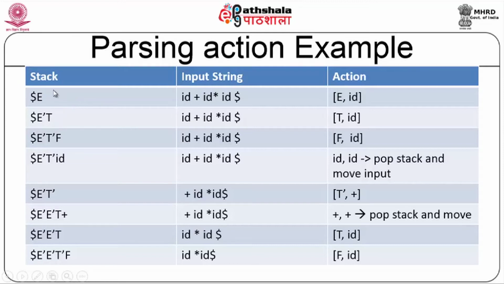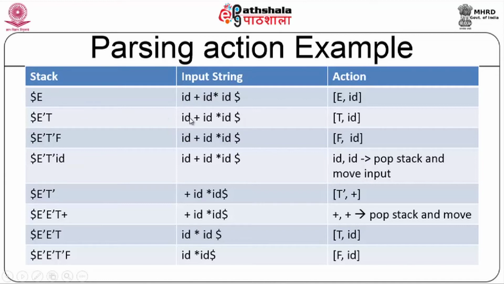Okay, this is the stack. The symbol on the right is going to be my top. So, for T E dash, I first push E dash, and then I push T. So, T E dash is pushed onto the stack. When I am pushing, the input pointer does not advance. The input pointer stays as it is. Only in the event of a pop does the input pointer advance to the next symbol.